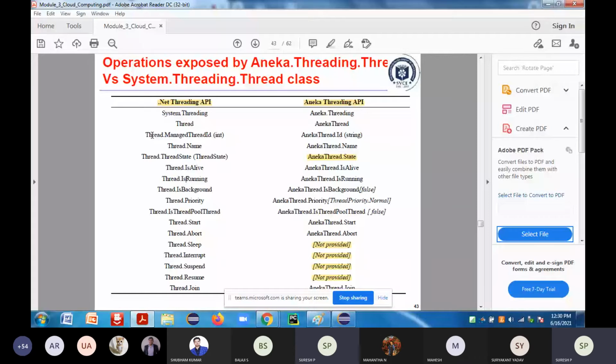After reading the .NET threading APIs, wherever the thread is there, you just replace that particular thread with Aneka thread. That is how the interface compatibility works.